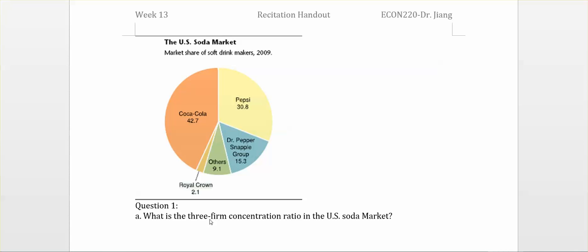So let's look at the first question, part 1. What is the three-firm concentration ratio in the U.S. soda market? The three-firm concentration ratio means we only calculate the top three firms. So look at which will be our top three soda market firms. The Coca-Cola is top 1, Pepsi is top 2, and the Dr. Pepper's Snapple group is top 3. So we just add those three market shares together, we will get the three firm concentration ratio, which is equal to